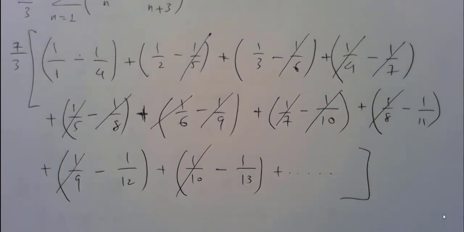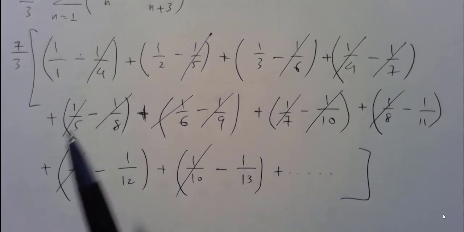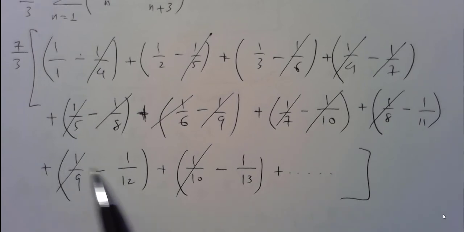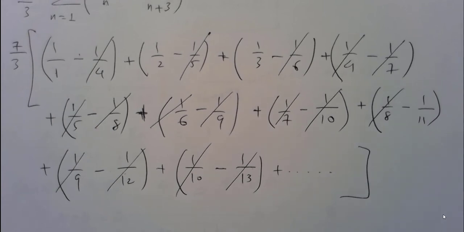1 over 4, this is minus 1 over 4, they also cancel out, right? And so on. So you see that all the terms are cancelled. They cancel. And then if you keep going, these two terms will be cancelled with the next few terms. And we see that from this series,